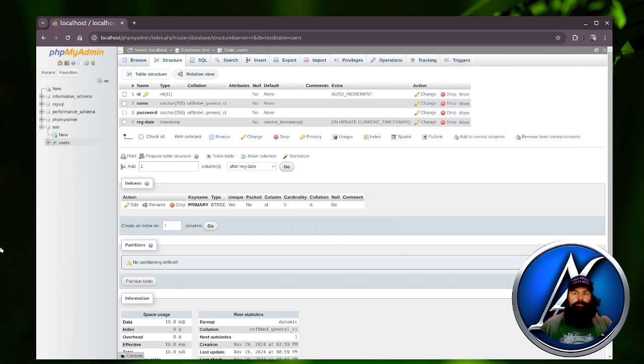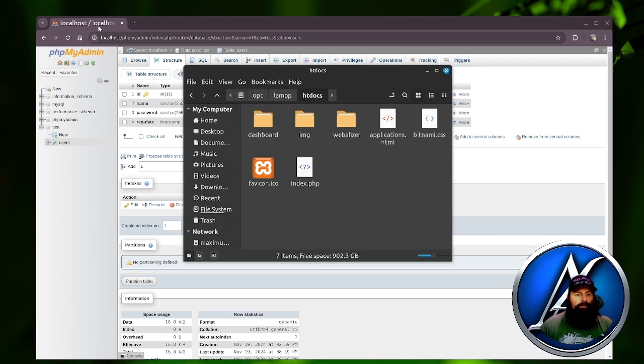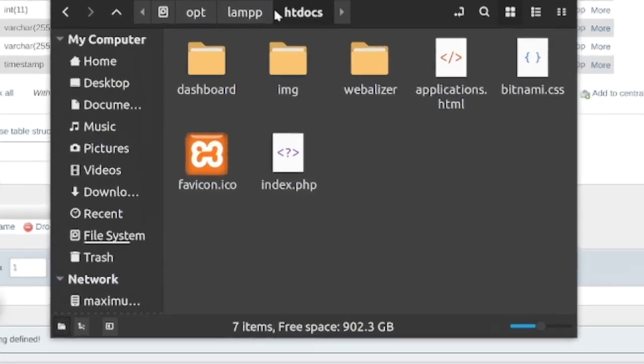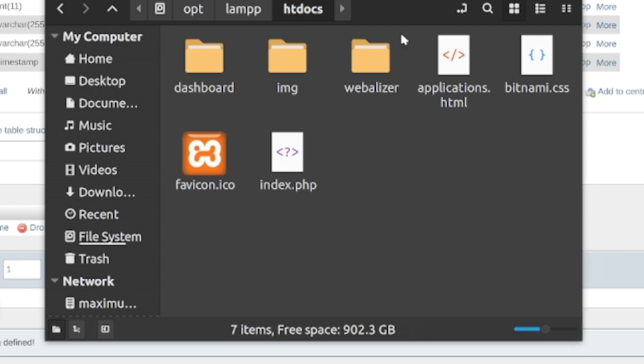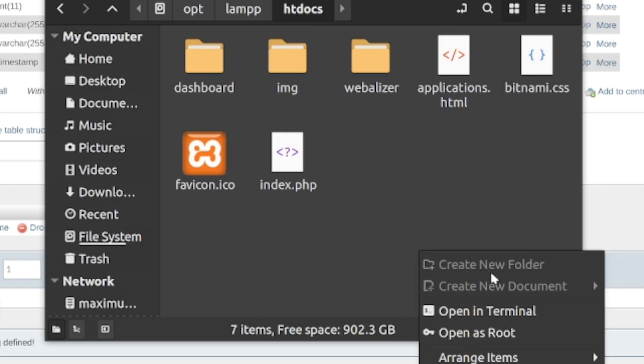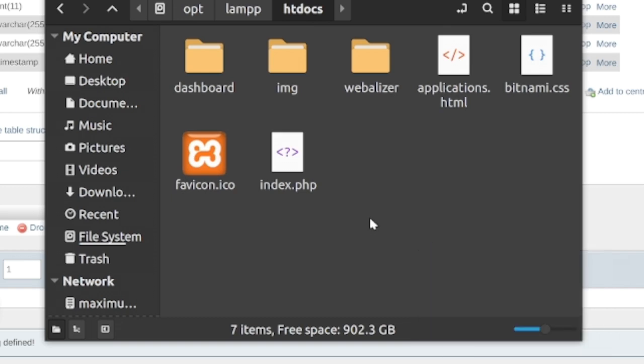Okay, so there we go. Working out. So now let's just see if we can make another folder in the htdocs. Here we are in our opt lamp htdocs. And let's go ahead and, oh, it looks like we cannot create another folder. So that's going to be an issue because we have to be able to create a new folder. So we're going to have to adjust the privileges of htdocs as well, since we cannot go in here and